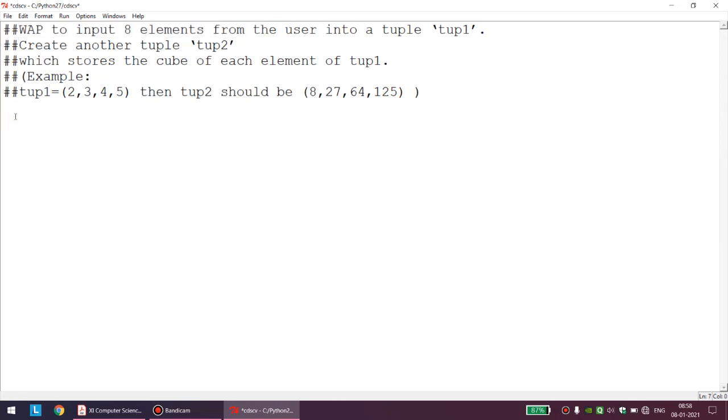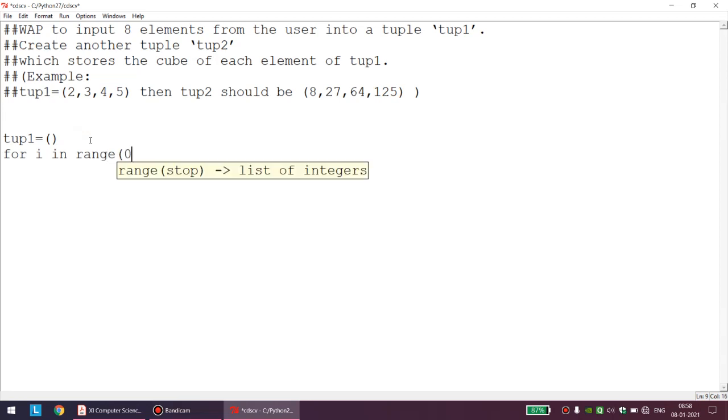So what we will do, we will write a small program just like the previous question where we are inserting 8 elements from the user into TUP1. I am very sure that the name of my tuple is TUP1, and because it has been mentioned quite properly here that I want 8 elements only, there is no need to ask for elements from the user in the variable n. Directly I will execute the loop for i in range 0, 8. Okay, and let us take the input of the elements in the variable k equal to input, enter element.